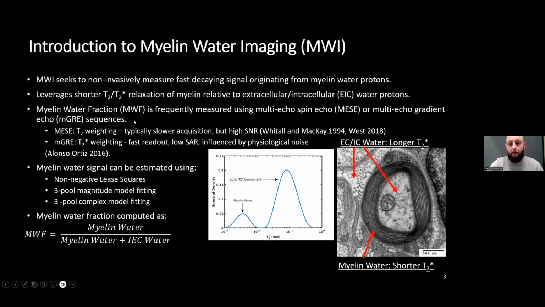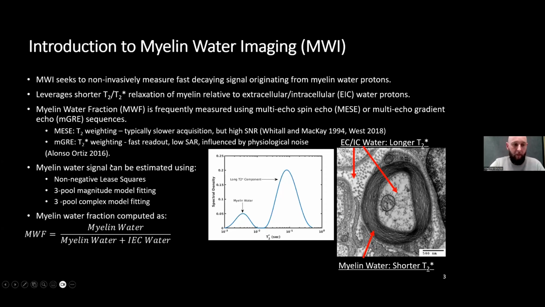So basically in myelin water imaging, as we've seen before, we leverage the differential properties of T2 and T2 star relaxation to essentially split a multi-echo experiment into myelin water components and intra and extracellular components. Typically, myelin water imaging experiments are acquired with a multi-echo spin-echo sequence, like the experiments of Whittall and MacKay, and later with Katherine West. And alternatively, MGRE, multi-gradient echo experiments, which are T2 star weighted, and have a couple of cool advantages for clinical applications, such as faster readout, low SAR, and physiological noise. They have more physiological noise. This is an unfortunate